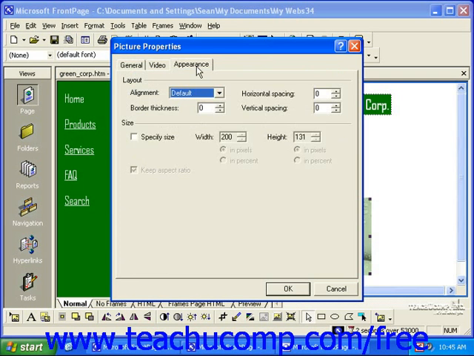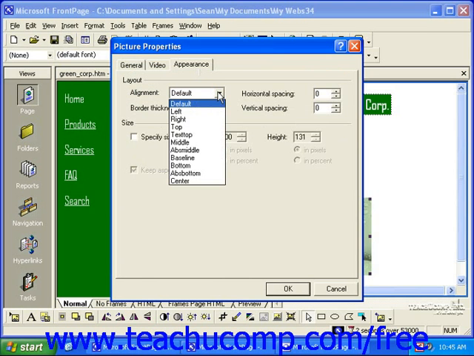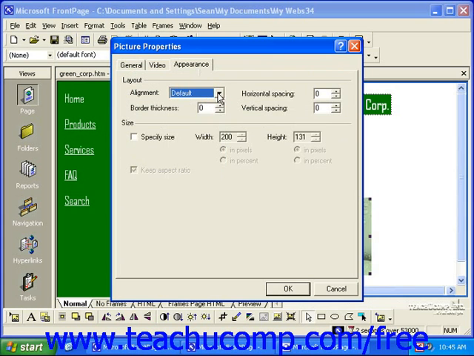Then, on the Appearance tab, you can select an alignment for the picture to define how the text should wrap around it, as well as set a border thickness, horizontal spacing, and vertical spacing. If you'd like, you can specify the size of the picture in terms of width and height in either pixels or percent,